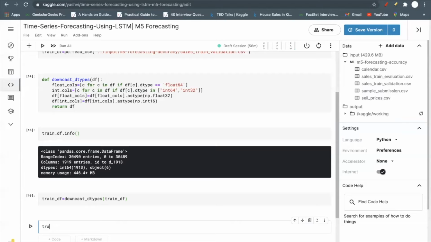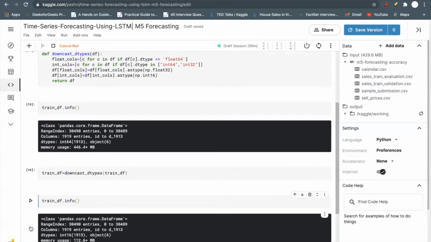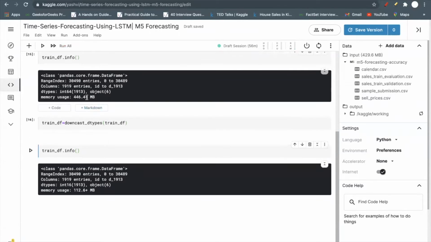Okay, now let's see train df dot info. You can see before downcasting my memory size was 446.4 MB, and after downcasting it reduced to 112.6 plus MB.